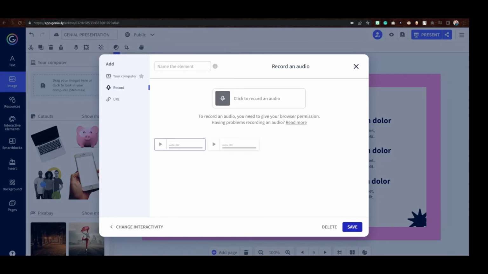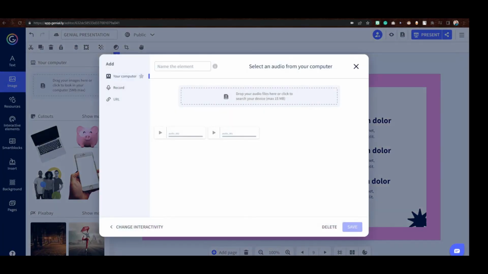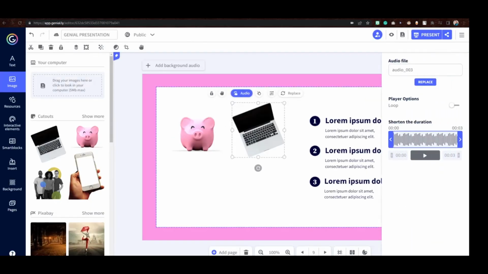And I'm going to add it. Now I want my students to do, see what is this? I'm going to do it again. Laptop. And I'm going to mark it and save. Now here's the deal. If you want your students to click something special, you go ahead and you will,